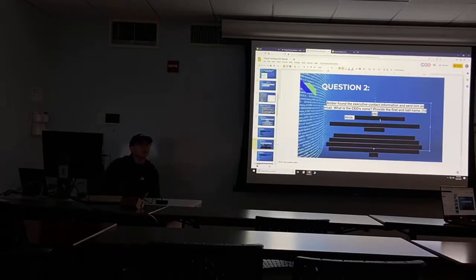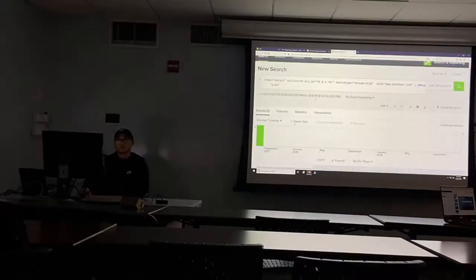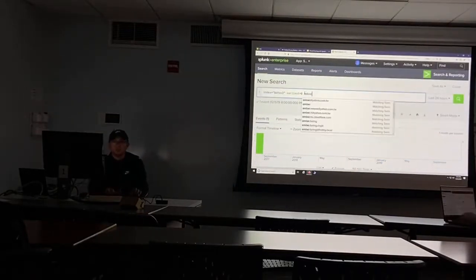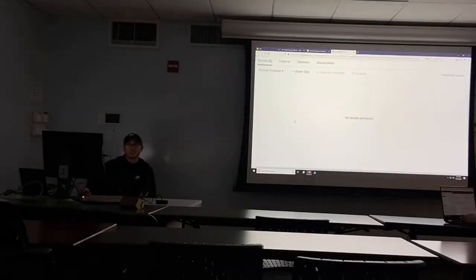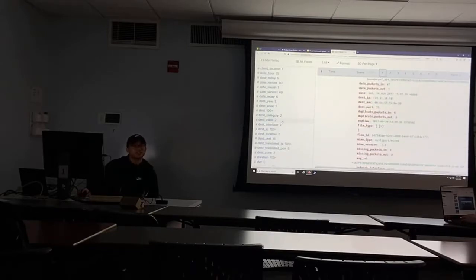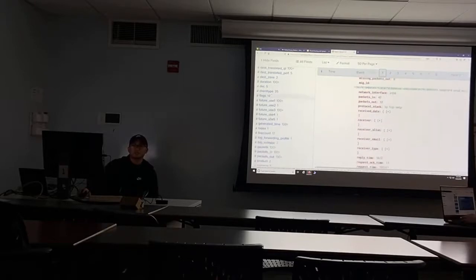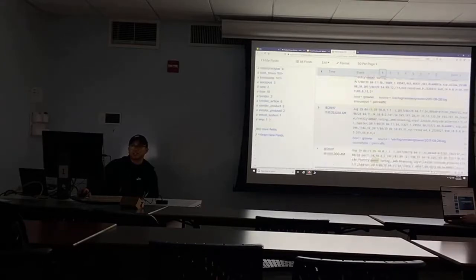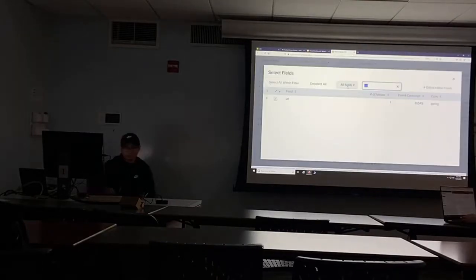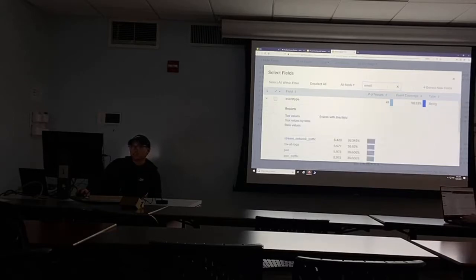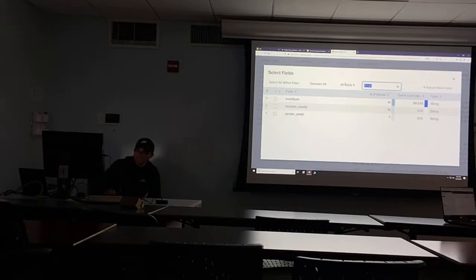Like I mentioned before, it's similar to what we did before. You have to get rid of all this. Maybe go back. There's a lot of interesting fields that Splunk itself finds that could be of interest. Maybe we could do email, something like that. You could see event type, receiver email, sender email.